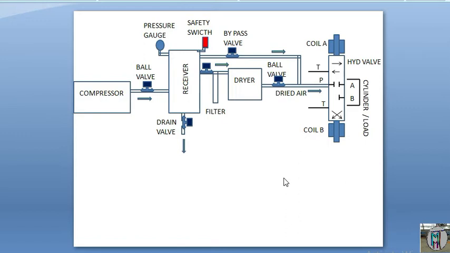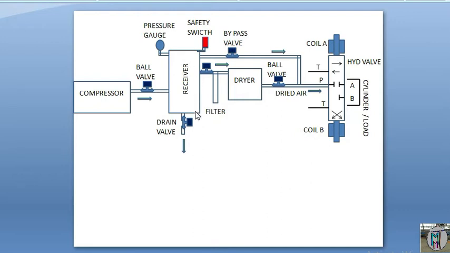So this video is very useful and helpful for newcomers, and if you want to make the project also, it will be very helpful to you. So now we start with the compressor. Compressor means it will generate and develop your air. It will create the pressure, suppose around 7 bar. So the ball valve is for when we want to stop this compressor and no need for air outside, so the ball valve will be closed.